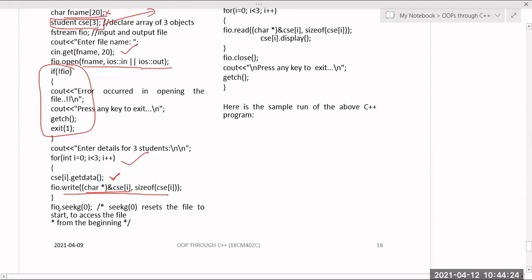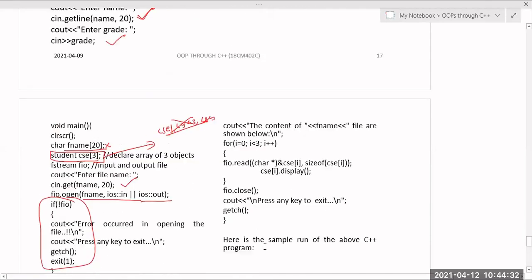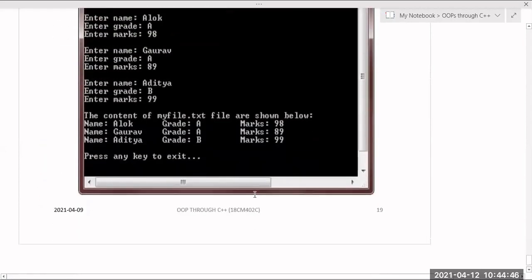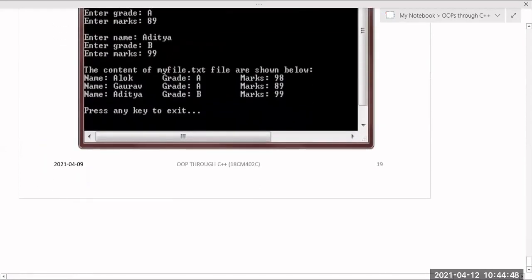Once the data is written, again I want to read that data. So to read, compulsorily I have to go to the beginning first, so I have put C of 0, so that I will go to the beginning. Once after going to this, I want to display those data. So to display, first I have to read from the file. So that's why read, it is giving the same ampersand and display, and once that is done, it is displaying the data. So we will see these two examples. Okay, 1 minute.